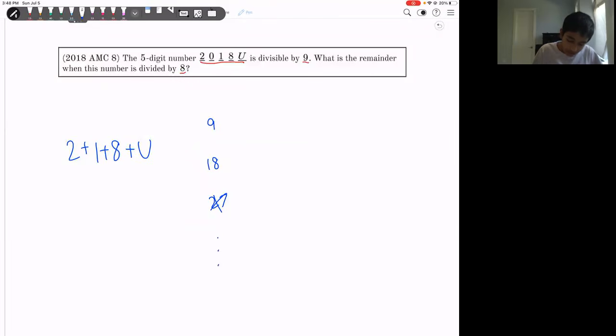So now the two possibilities are 9 and 18. And you can check that 9 also doesn't work, because this is 11 plus U, and that would mean U has to be negative, and that's not possible. So now we have that 11 plus U is equal to 18. U has to be 7. So now we have a number,